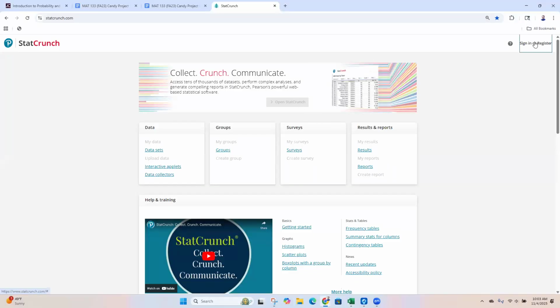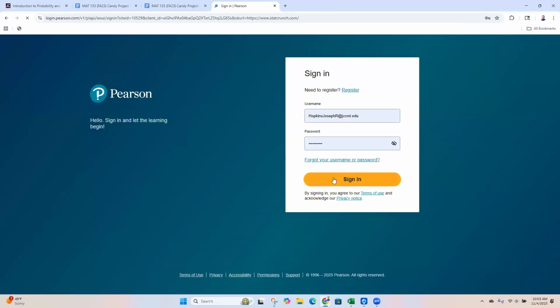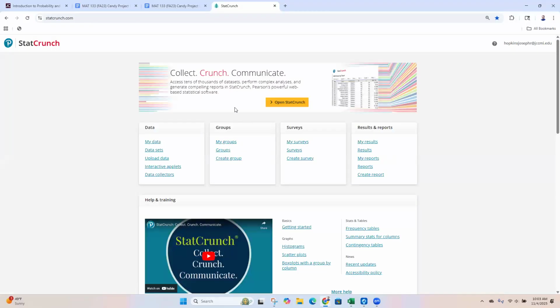All right. So here, we're going to sign in and register, sign into StatCrunch. Now you could do this same bar graph in Excel. It's not particularly difficult. StatCrunch, we are using it for all of our statistics work. Click on this big orange button here. But we could have done pretty much everything that we're doing in StatCrunch